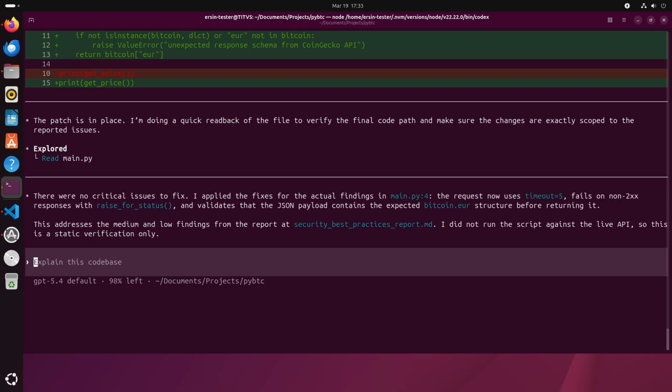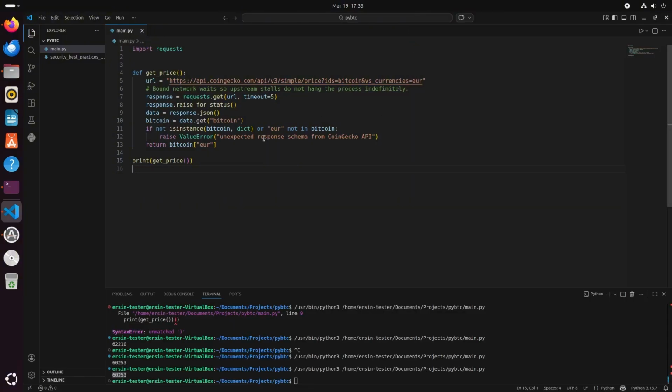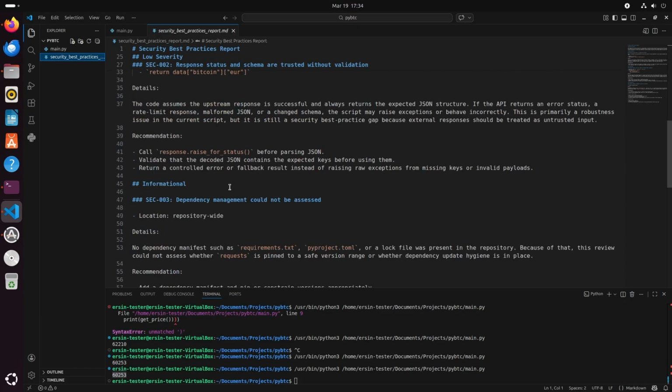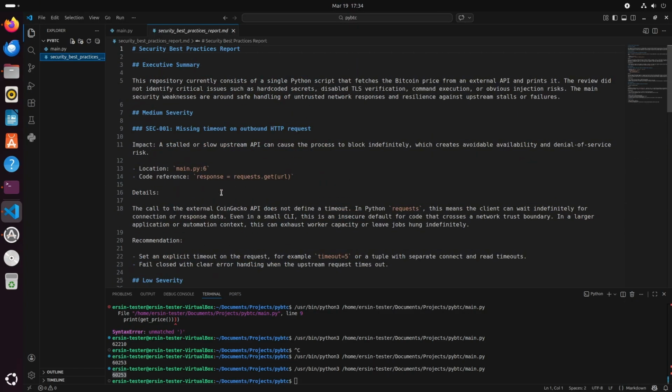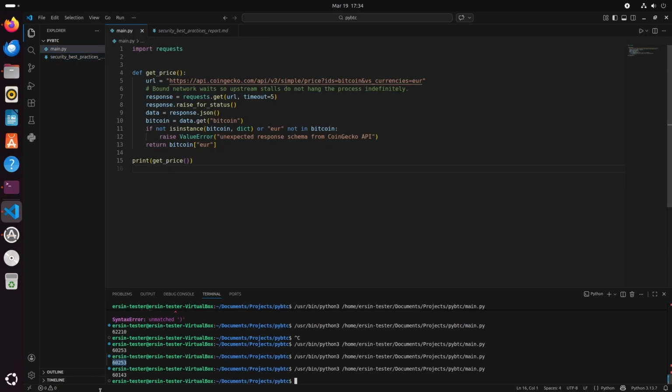Of course, this is very basic code, but you got the idea how skill MD works. And you can apply this thing for other skills as well.